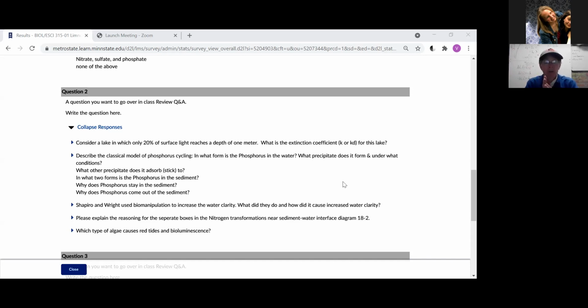Shapiro and Wright used biomanipulation to increase the water clarity. What did they do, and how did it increase the water clarity? Well, it's a top-down approach. They manipulated the food web to reduce the amount of algae. And the basic idea of this was